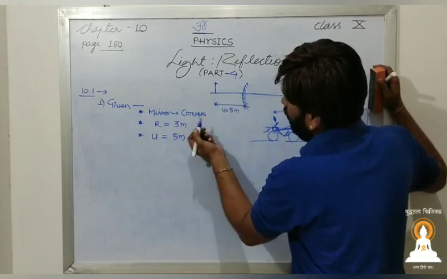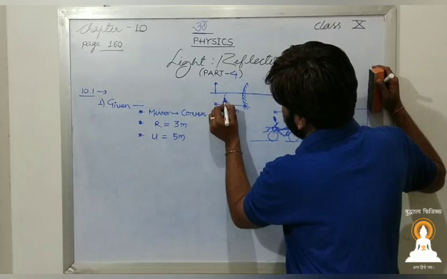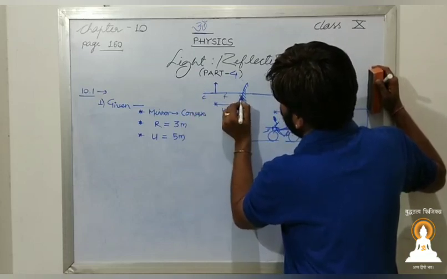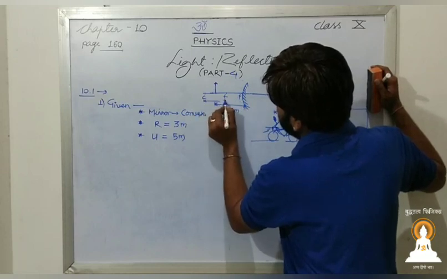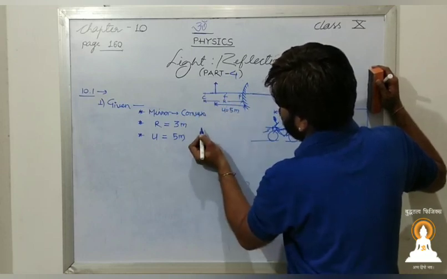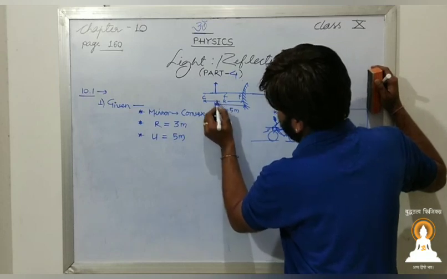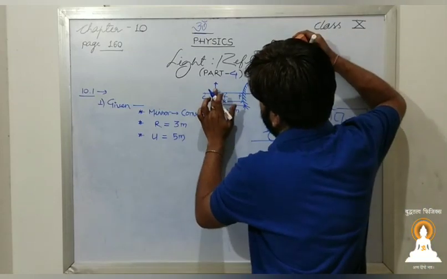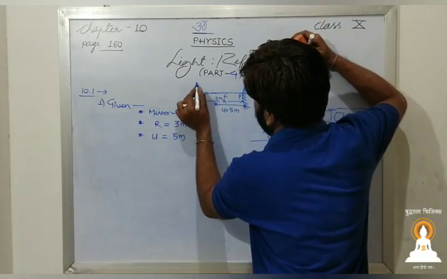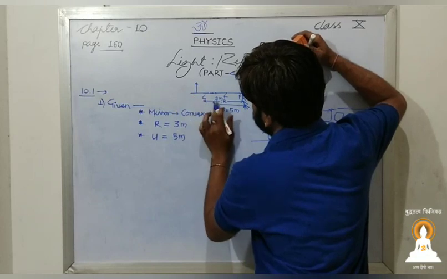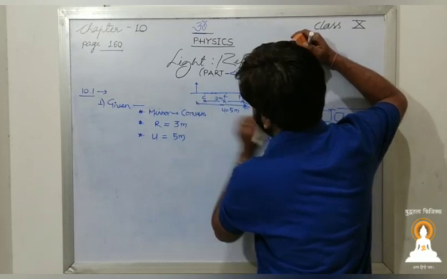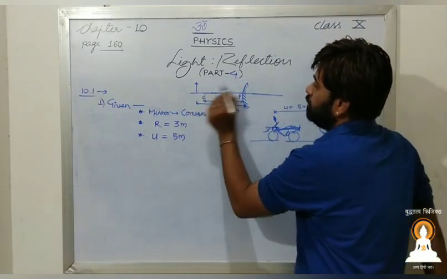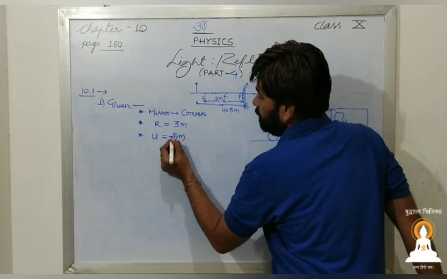Okay, radius of curvature. Suppose the focus is here anywhere, this is the focus, and if this is the center, then the distance from pole to center is the radius of curvature, and that is given as 3 meter. It means the object is beyond C, because the distance is more than 3 meter, that is 5 meter. And as we know, this is the convex mirror. Now object is on the left side means what? That will come with a negative sign.